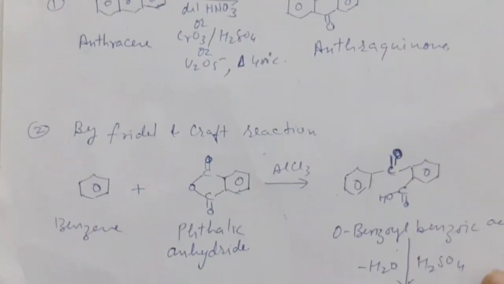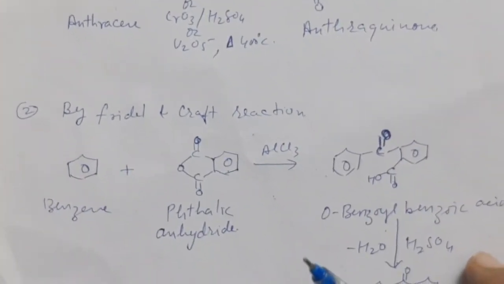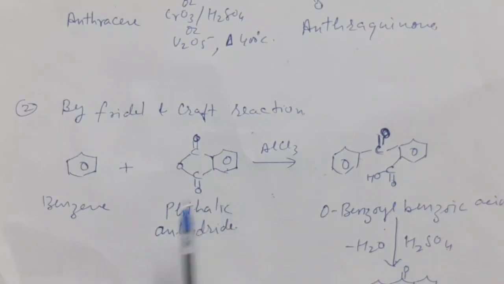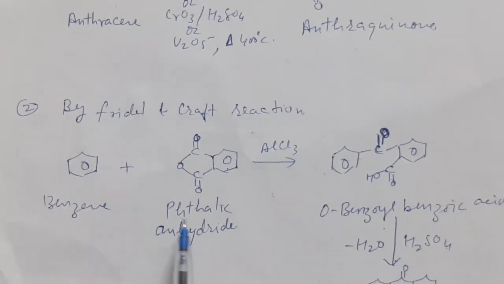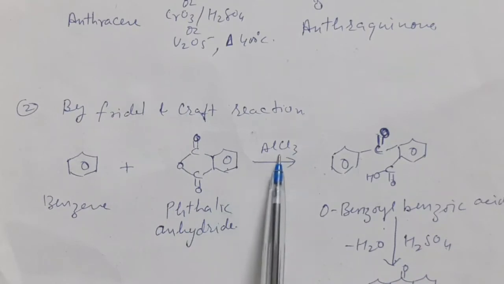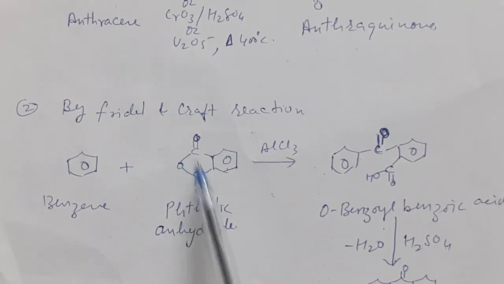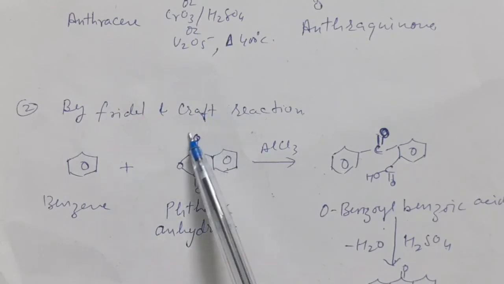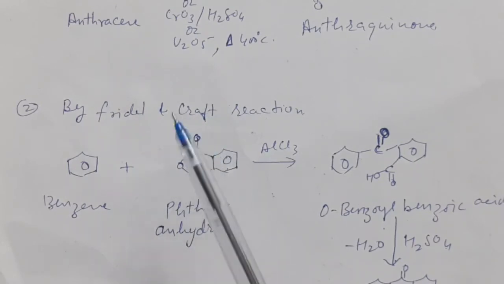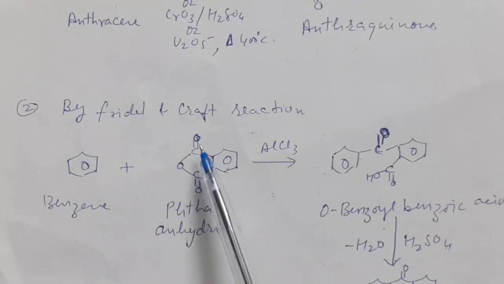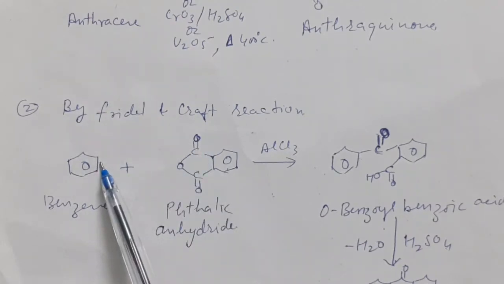The next reaction is by Friedel-Crafts reaction. In the Friedel-Crafts reaction, benzene reacts with phthalic anhydride in the presence of aluminum chloride. The bond here breaks, and it gives the CO as a carbonyl ion and CO minus. This CO acts as an electrophile and attacks the benzene ring and